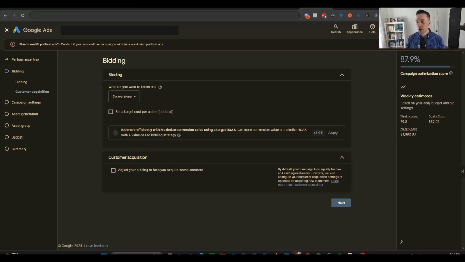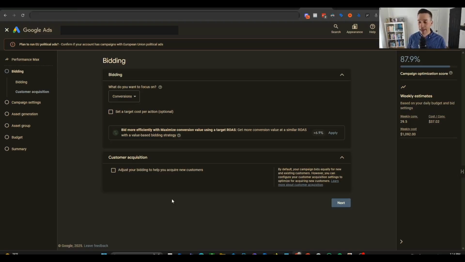So if you are selling makeup or any kind of facial products or anything like that, skincare, then you don't want to click this, right? Because that means you're going to have repeat customers, or hopefully you have repeat customers. Someone buys once and then they keep coming back for more and more and more. Then you don't want to select this. You want to bid equally for both